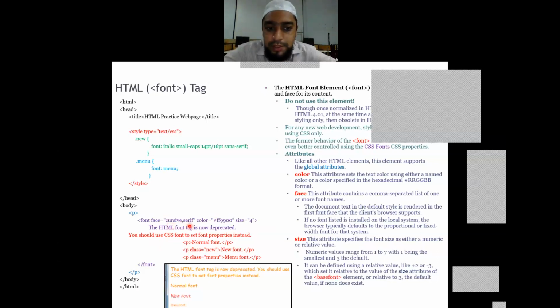Now we have got two things here. One is serif, another is sans serif. Sans serif means something which is not having any footings to it. Footings in the sense, for example, let's take T. This T, if I look carefully, is going to have two straight lines, one above, another below.